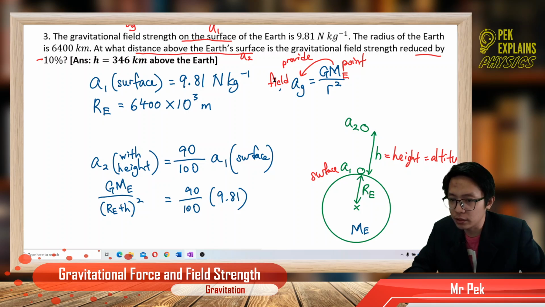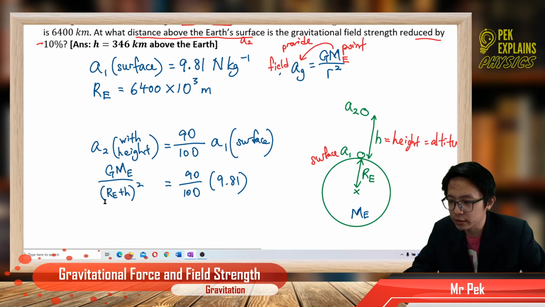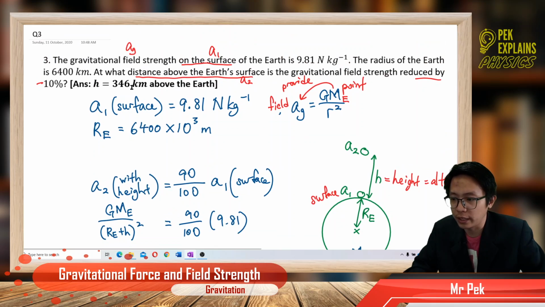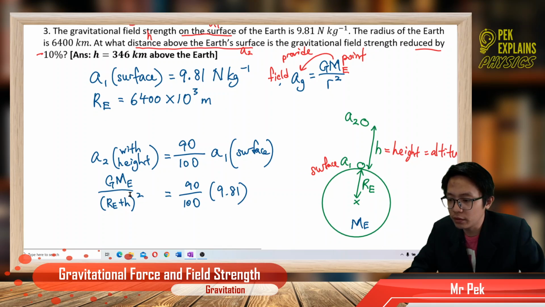But the thing is, the mass of Earth is not given, only the radius of Earth. We want to find h, at what distance. So the question asks for the h. We cannot find the h because we don't have the mass of Earth. So how to do? Actually we don't need to use the 9.81. We can just use